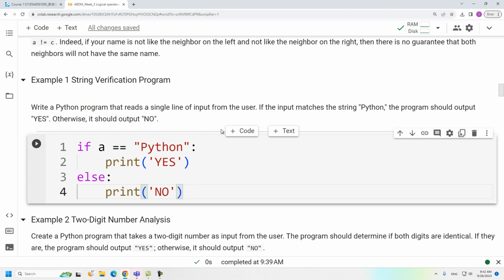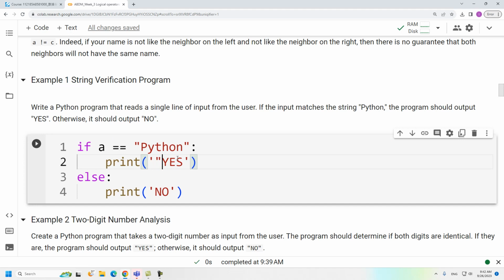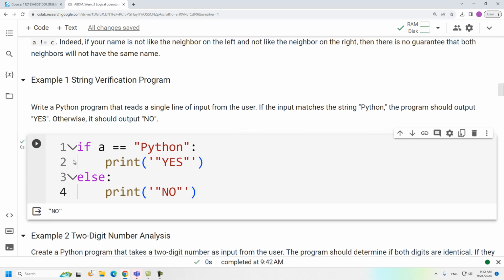Again, the whole idea is to read what you are supposed to output. If the program should output yes with quotation marks, you can place those quotation marks inside the output. So A obviously is not Python, it is set to something else. We can always check what A is